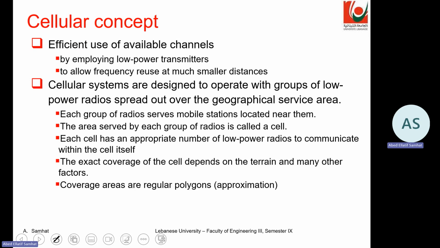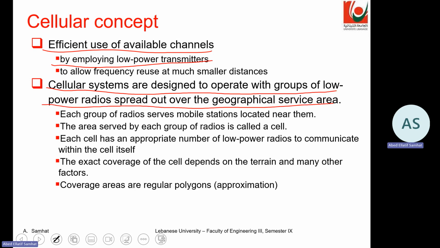Because we need an efficient use of the available channels, and we should use low power transmitters. If you want to apply, let's say, one cell for the whole country, here we need a lot of radio resources, and we also need high power in order to reach all terminals. That's why cellular systems are designed to operate with a group of lower power radios spread out over